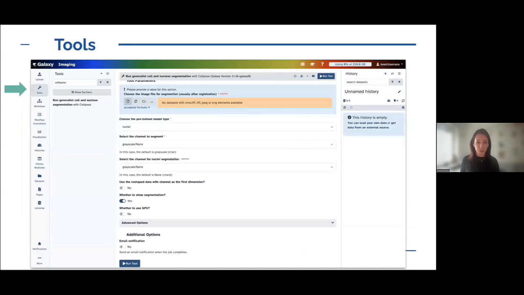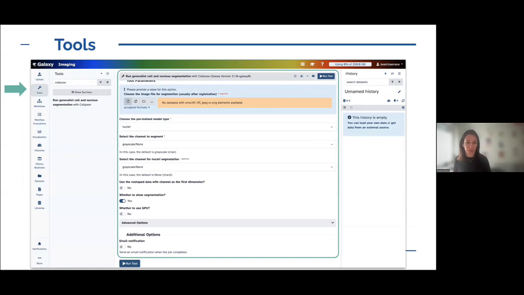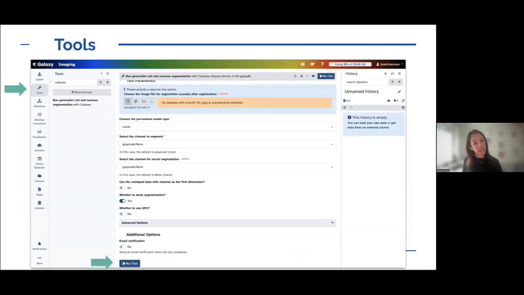Now, when you have a tool and you want to run something, you will see something like this. So we go to the tools panel, and in this case, for example, I wanted to do something on Cellpose. So I type here Cellpose, and then this appears. So we can now select the tool that we want. Once we click on the tool, the central panel changes. So now it shows all the parameters that Cellpose is expecting from us. You see, it's all a graphical user interface. You don't need to write any command or anything like this. And once you've completed everything, you run the tool with the button at the bottom.